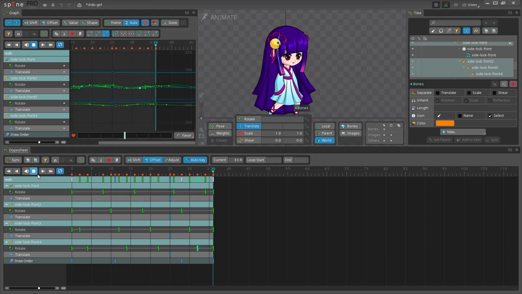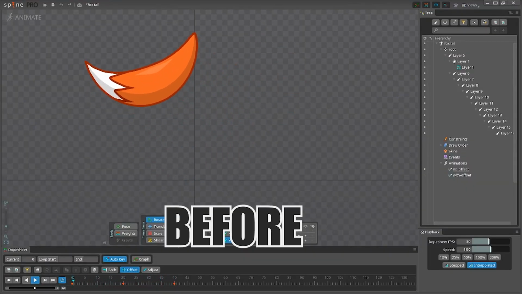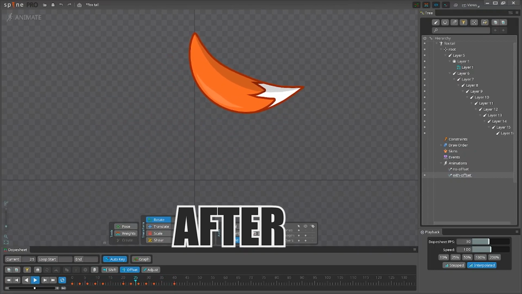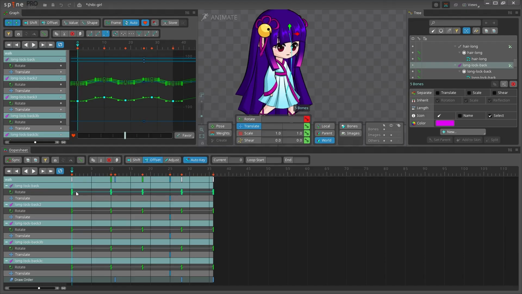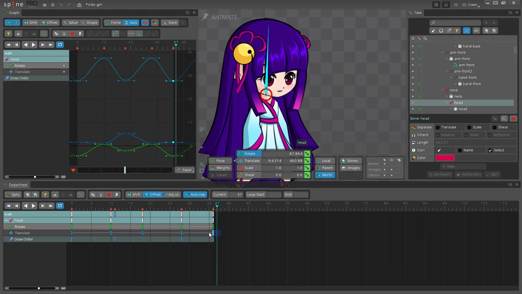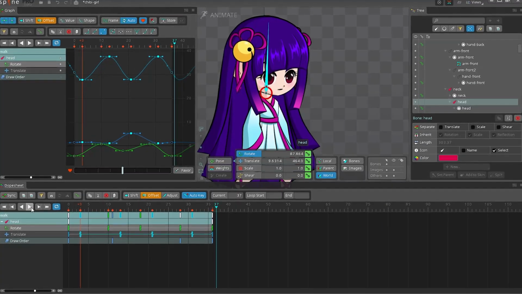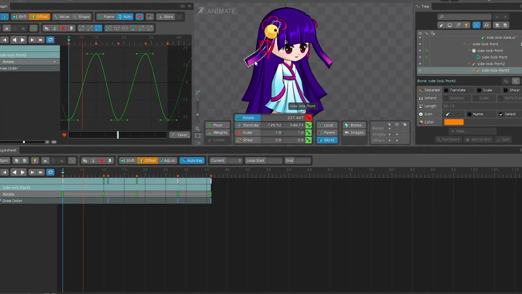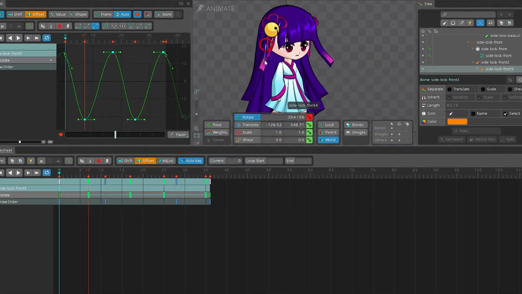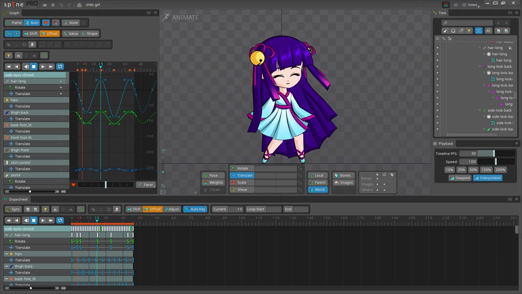Also, Spine has a significant advantage over Blender. You can greatly improve your animation by applying the follow-through and overlap in action, and it will take you just a few seconds to do that. All you need to do is simply offset the animation keys, like that. Spine will wrap the animation for you and also preserve the curves. This offset mechanism will save you a huge amount of time and make your animations look a lot more professional.